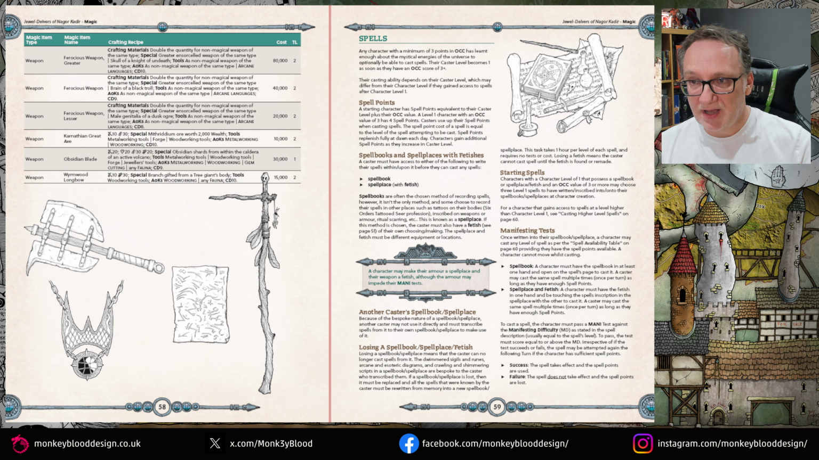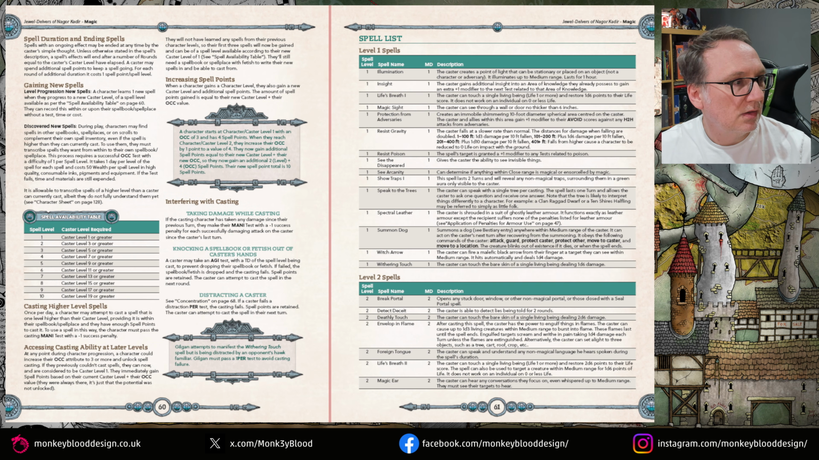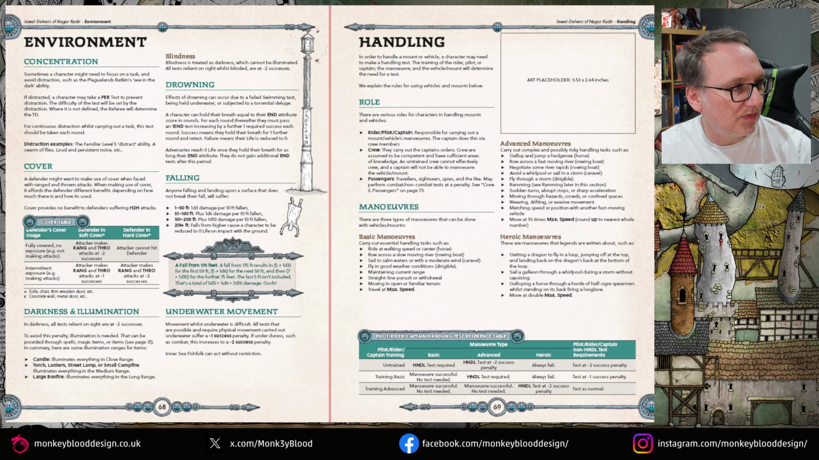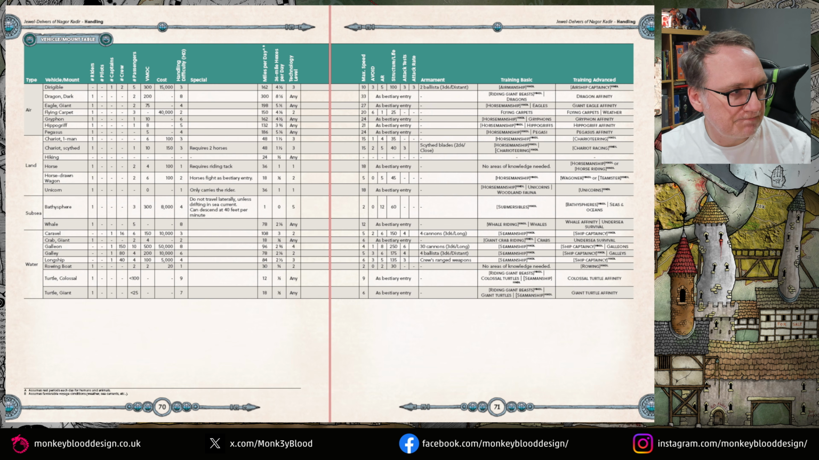And obviously if you've run out of spell points, you have to wait till dawn the next day. The spell lists up to 10th level. Some environmental factors about concentrating, cover, drowning, falling, darkness, illumination, underwater movement. And then handling is